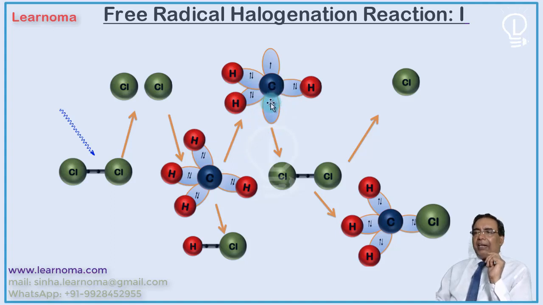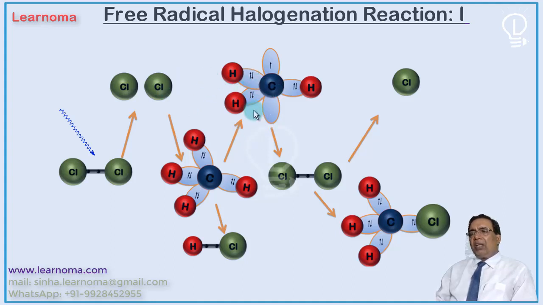In the same manner, if the methyl radical reacts with the chlorine radical, this has one electron and this also has one electron. When they collide together, they will form CH3Cl, and the reaction ceases because you are forming a bond between two different radical species. Further, at the initial level, the concentration of chlorine radical is also very low. Therefore, there is very little chance of such a reaction.